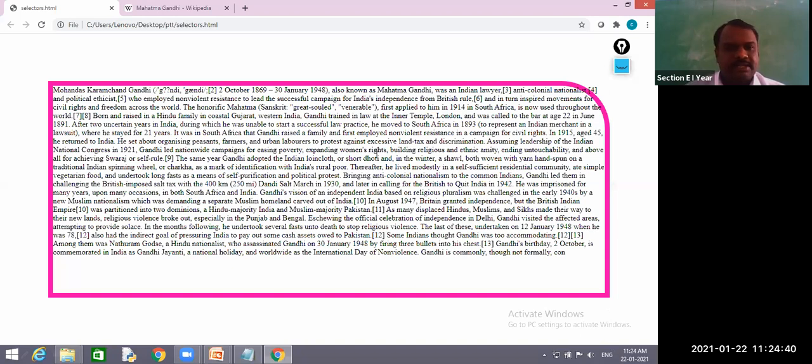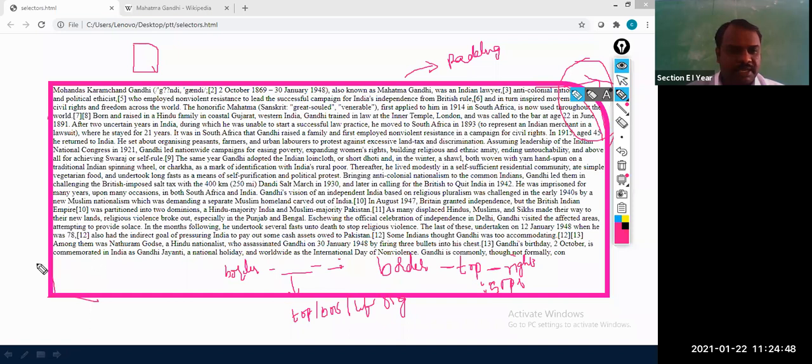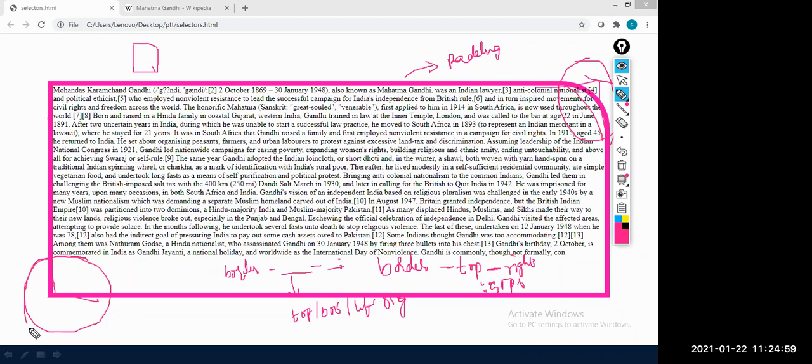Okay. Next we will go for this left side. Can you tell me, if I want to get this side, which property will help us? If I want to write this side, what is the property? Bottom left.